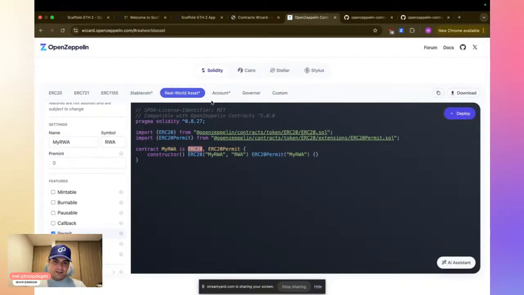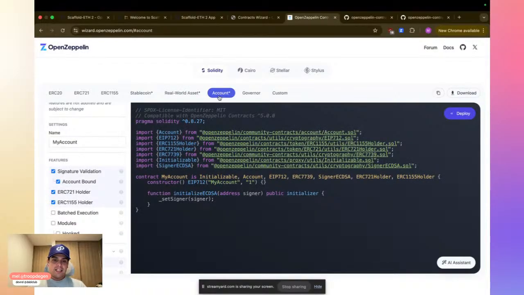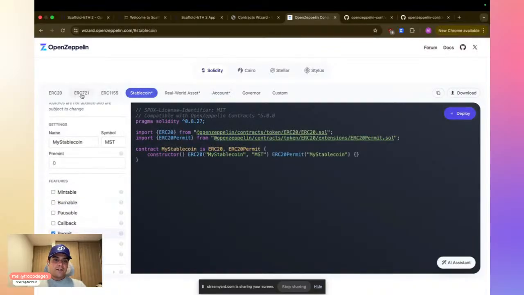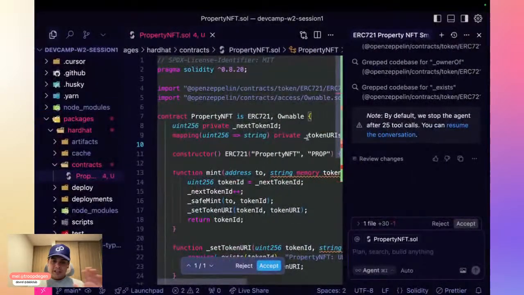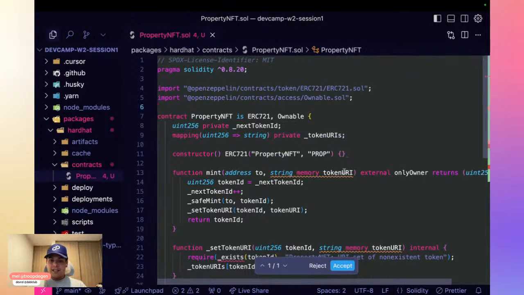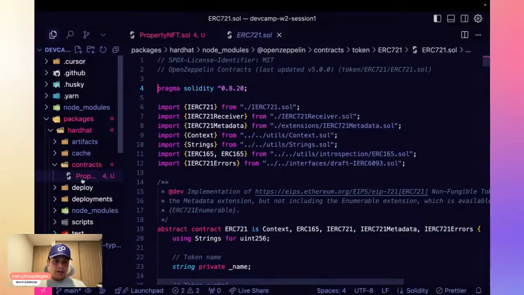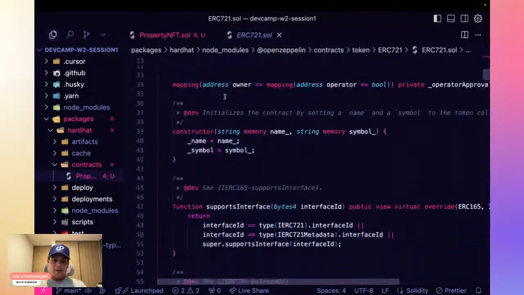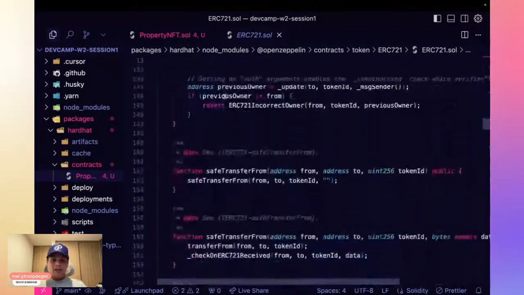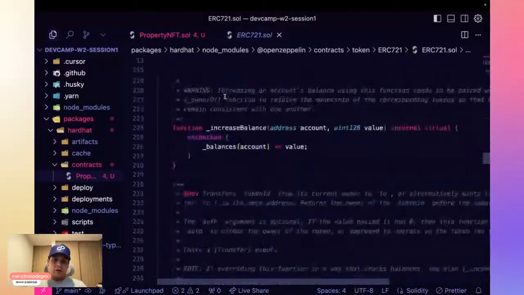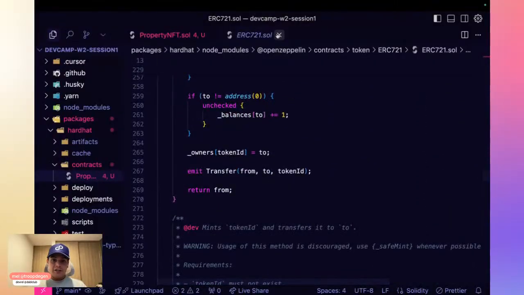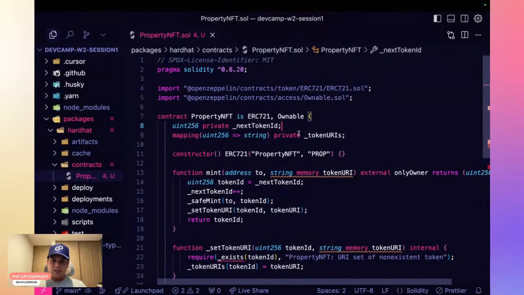For the real world asset, it's also using an ERC-20, but you can just use whichever token or whichever contract is useful for you. And there's a lot of goodies here to go around. But let's return to what we were building. Precisely what our AI has given us is this implementation where it is inheriting from ERC721.sol, and we actually have it available here. You can see all the code and you can review it. I would suggest you review it to see that it's actually following the implementation specification. It's always good practice to check that the code is right.